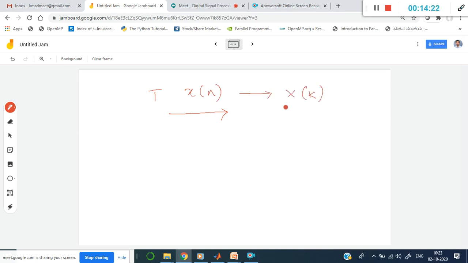I just say this, but you should understand why we move from time domain to frequency domain. What is the purpose of analyzing any signal by going into the frequency domain? Why is it required? The reason is, see, I'll take a very good example so that you can understand this